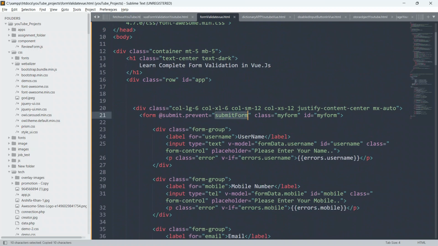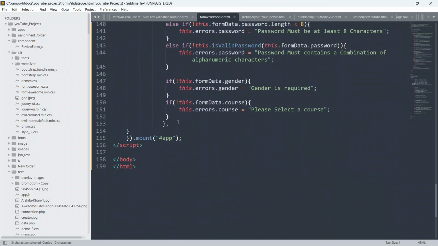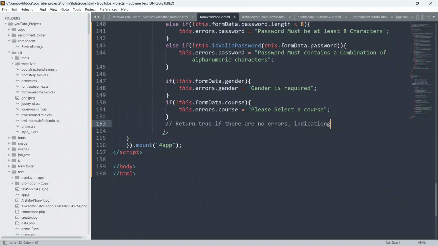Just copy it from here and go below this, where we have to define it. First, I am writing in a comment here: return true if there are no errors, indicating that the form is valid. Okay, so the form is valid.